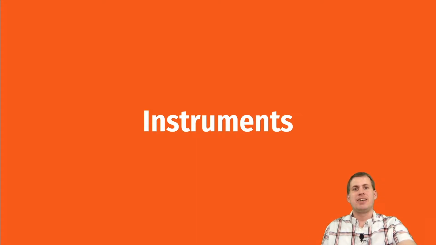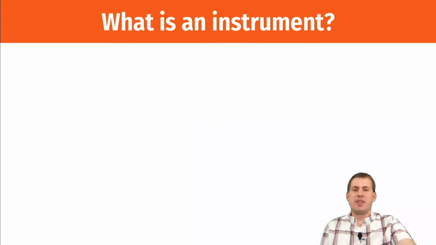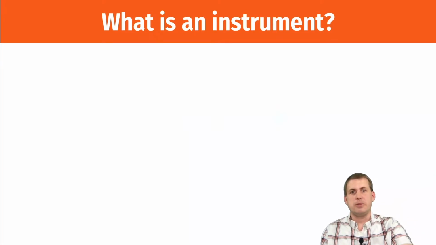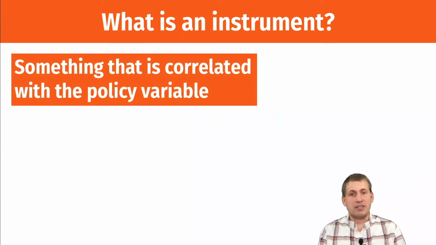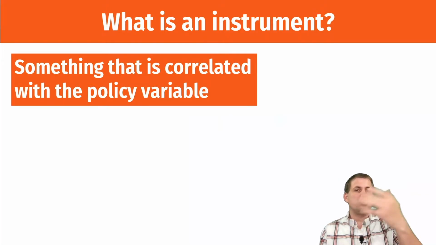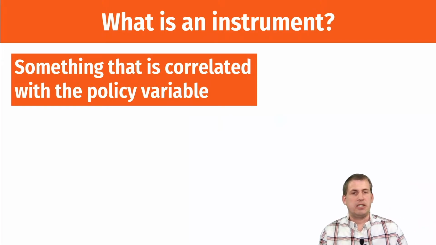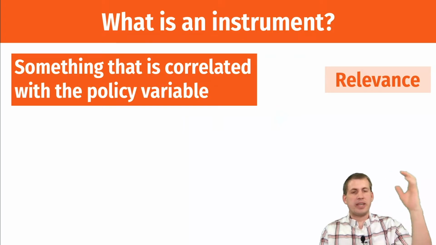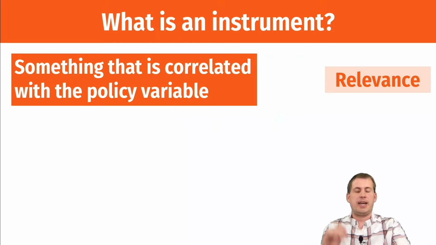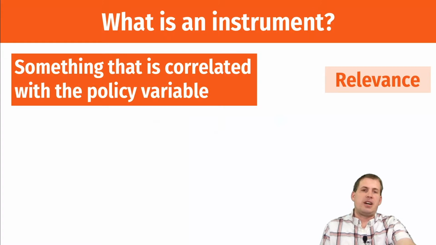But what is that? So an instrument is just something that you can measure out in the world that meets three special criteria. The first is it's something that is correlated with your policy variable. It is something that causes more education in our education and earnings example. The shortcut term for this is relevance. It's something out in the world that causes your policy to happen. There are lots of things that cause additional education,